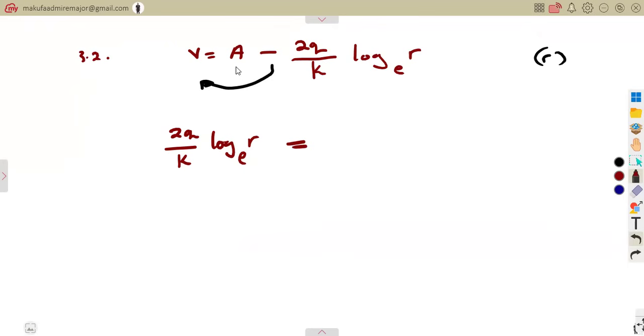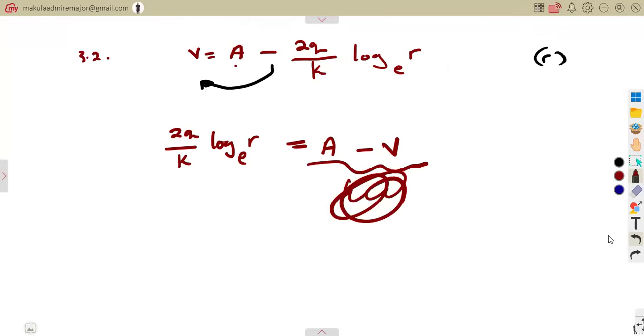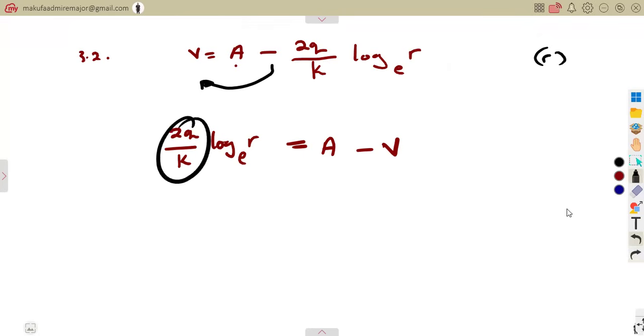So this is equal to, already there is A on the right-hand side, minus, we take the V, this side is going to be minus. So that's minus V. Remember, you want to make R the subject. So what is it that is affecting this time? There is this 2Q over K. Instead of dividing by it, which is going to make a senseless fraction here, how can we make this fraction to be at least much better in terms of the presentation? You remove this way,